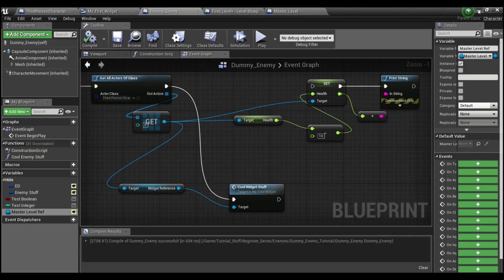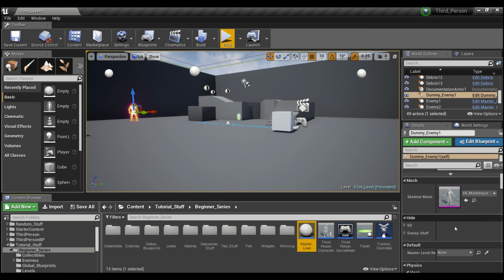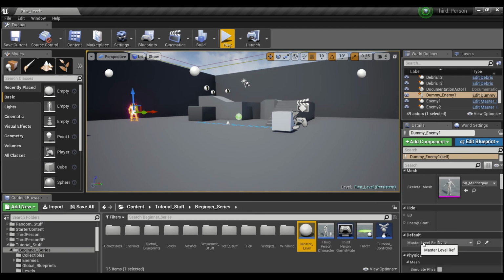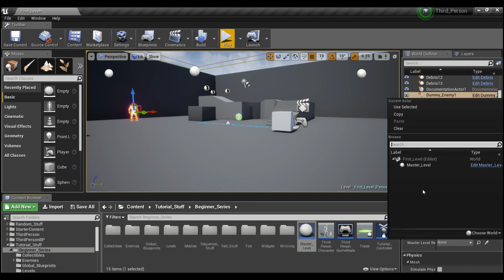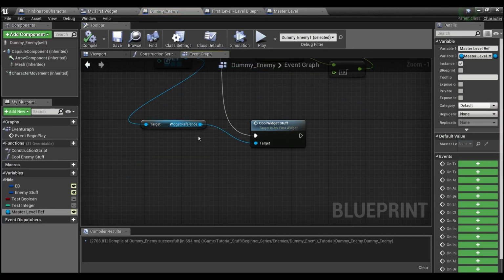Compile and save. And now you'll be able to see here when you select your dummy enemy and you scroll down, it has this master level reference, none. But you can now click on it and it'll show you anything that will be compatible with that variable. So master level here. Can save it. Now we can go back into our dummy enemy,